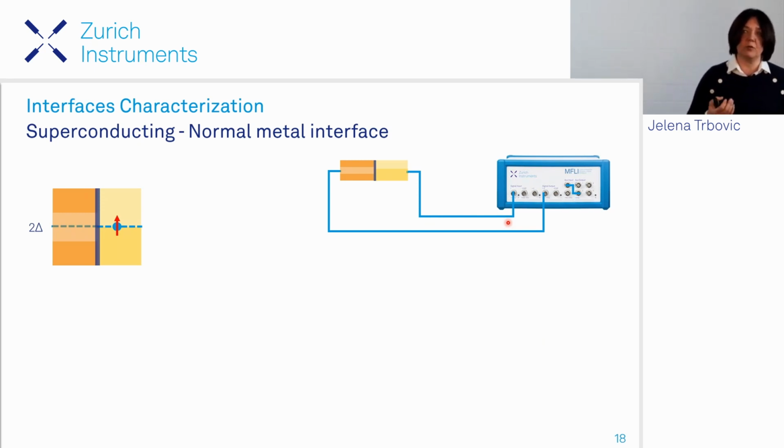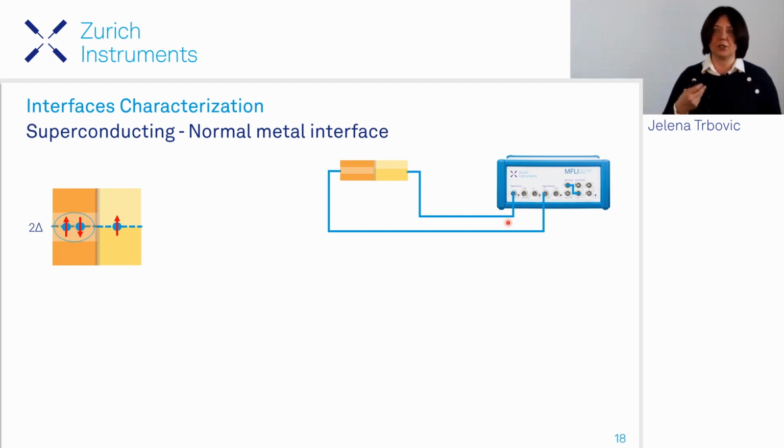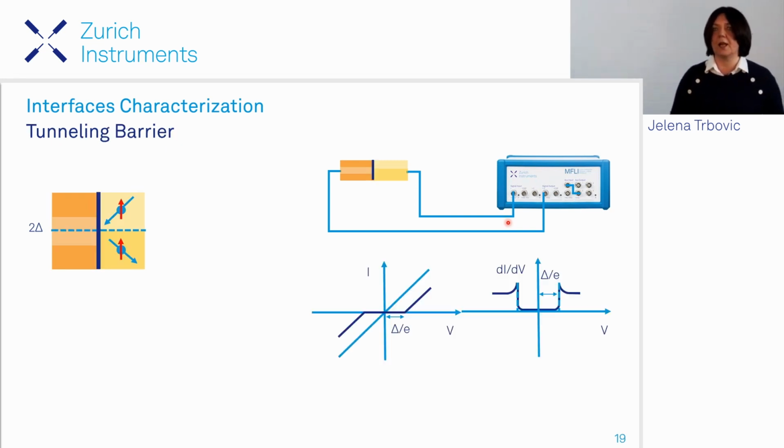So first thing that we note, of course, metallic materials have single particles, electrons that carry the current, and on the other side there are Cooper pairs that carry the current in the superconductor. So now these two need to match, and depending on the transparency of these barriers, there are several things that can happen. So if the barrier is not transparent, what will happen is that the electrons will bounce off below